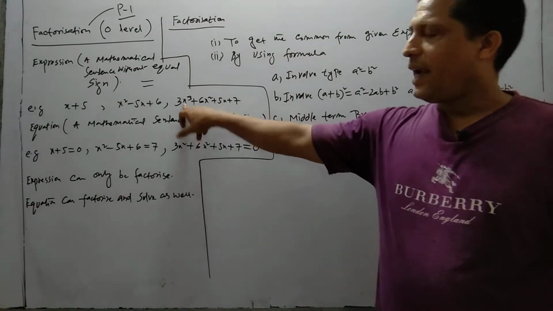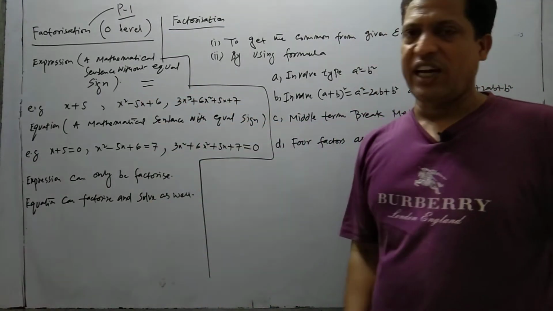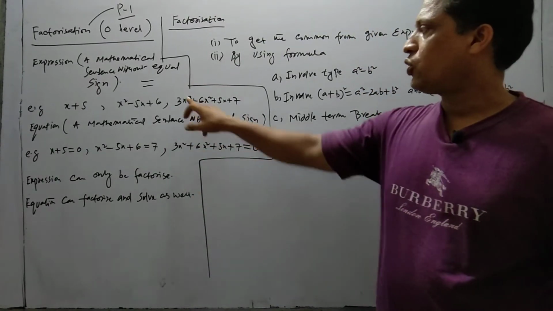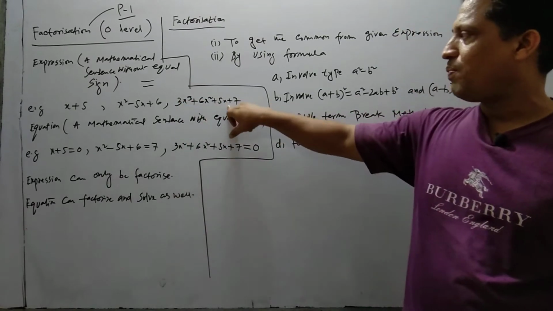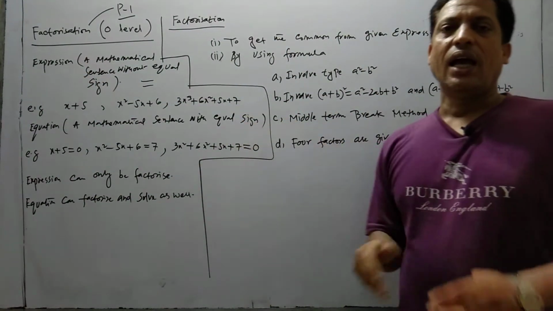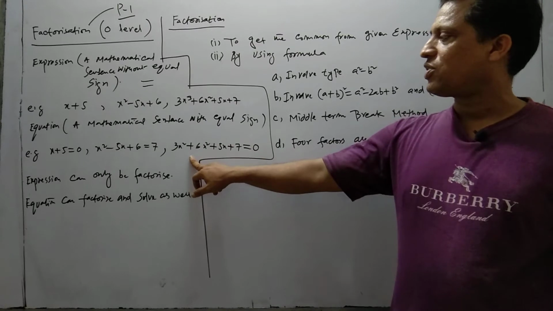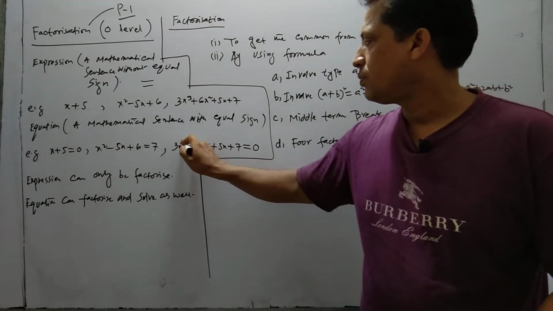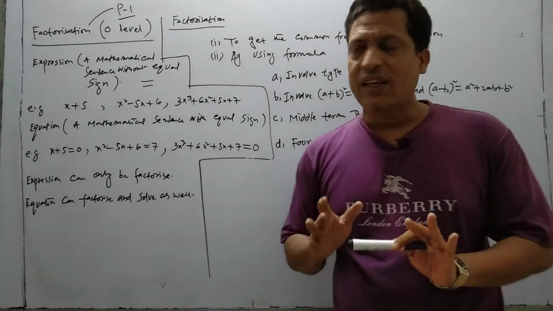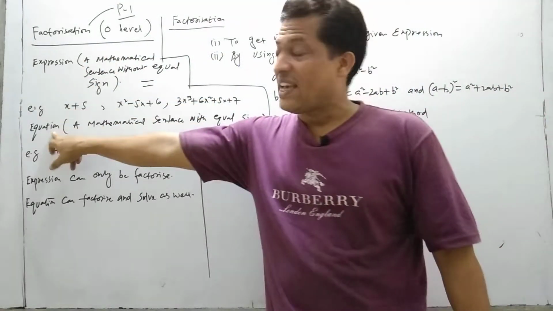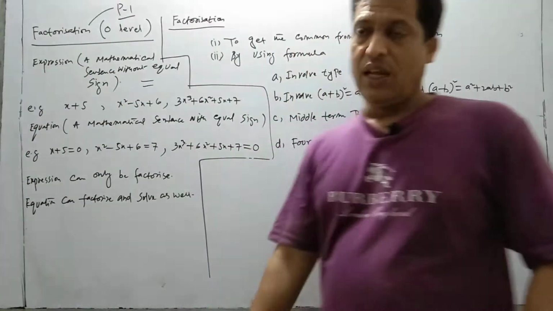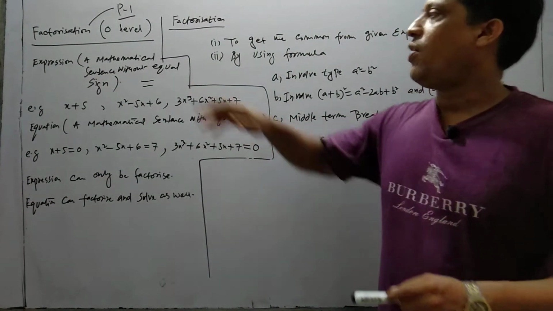The third one is, I take the same examples. So how to differentiate between an expression and an equation? The main difference is the equal sign. So look at this, 3x cube plus 6x square plus 5x plus 7. In this form, this is an expression. Why? It is without an equal sign. But in this form, 3x cube plus 6x square plus 5x plus 7 is equal to 0. So if you see an equal sign, you call it an equation. If you do not see an equal sign, you call it an expression. I hope you understand the concept of expression and equation.